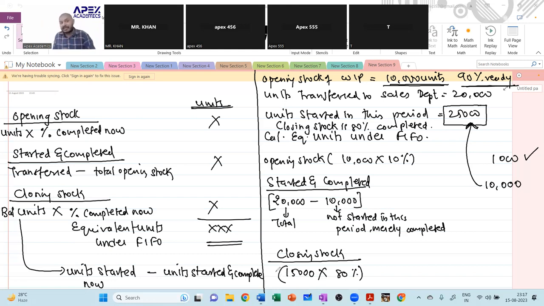15,000 units are 80% ready. It's as good as saying you have worked on 12,000 units. So how many units are equivalently ready, manufactured in this period? The answer is 23,000. What is this? Equivalent units